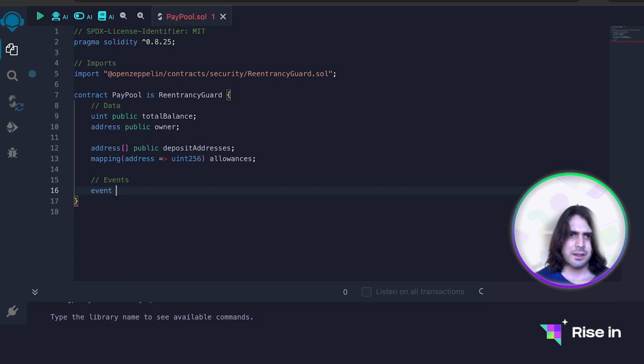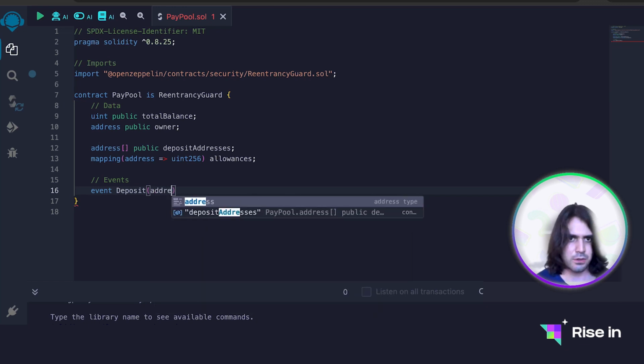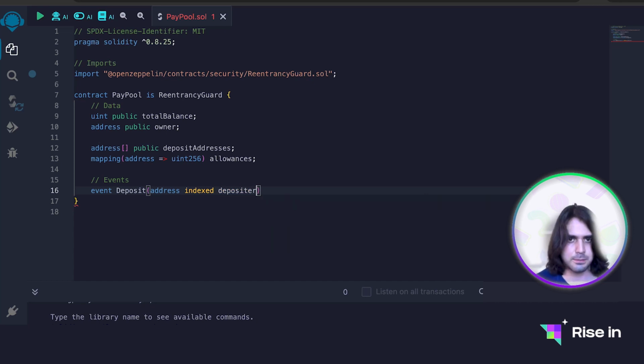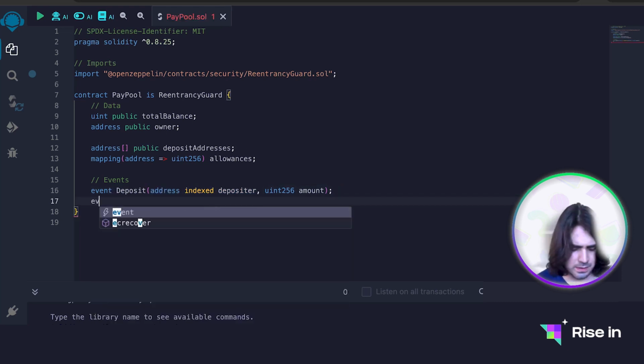Now, let's say Deposit as the first event. We are going to say address indexed, and this index keyword means that we can actually filter using this variable from the front end. So that's why we are putting indexed. I'm going to say depositor, and one more thing, let's say amount. From the front end, we will be able to filter this based on depositor, not based on the amount, because we use the indexed keyword with depositor, and we can use the indexed keyword once per event. The next one is